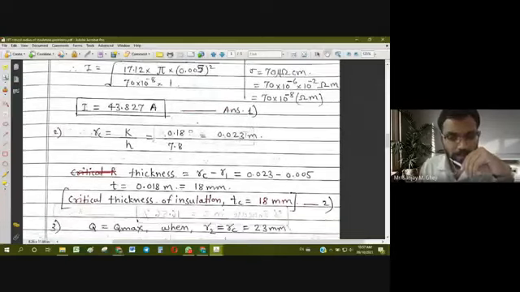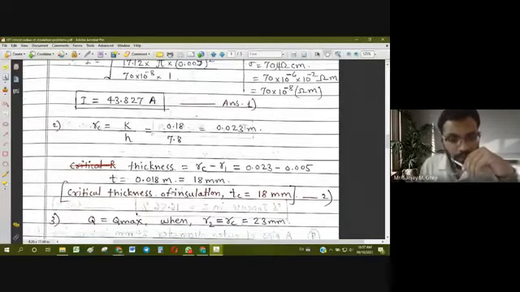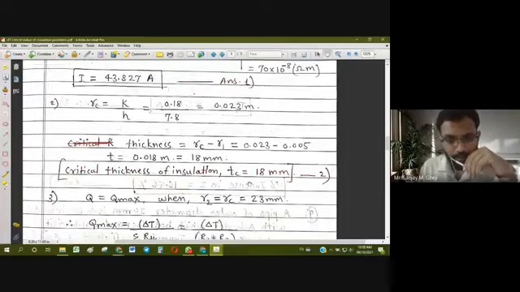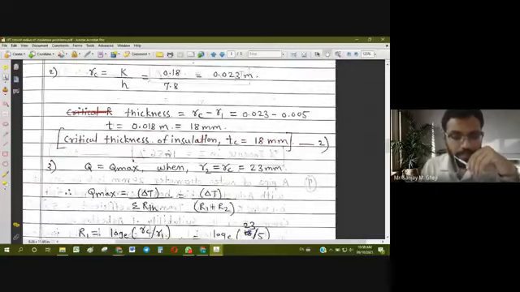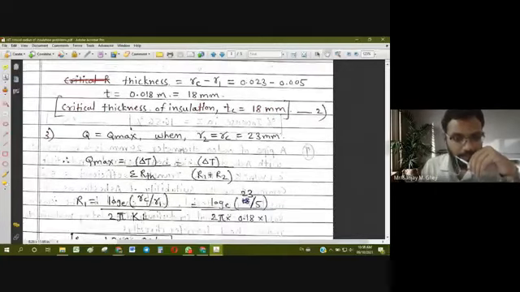millimeter. Only 2 millimeter is provided. So we can go up to about 18 millimeter. From 2 millimeter up to 18 millimeter, we can increase the thickness of insulation. So it indicates there is a margin for increase from 2 millimeter to 18 millimeter. If we increase up to this value, the heat transfer rate will increase, and that will be maximum.